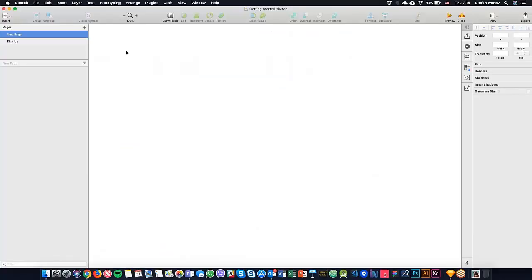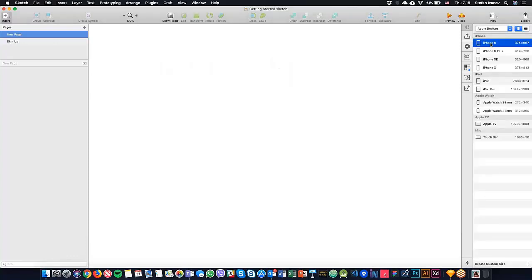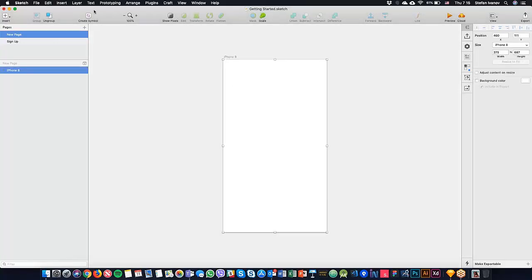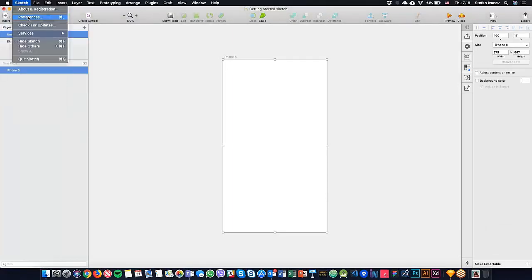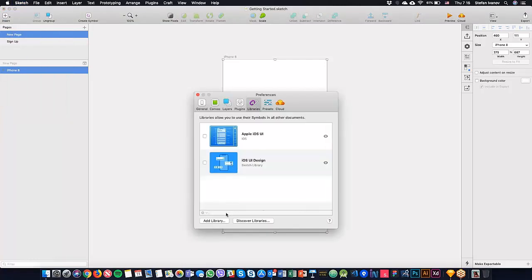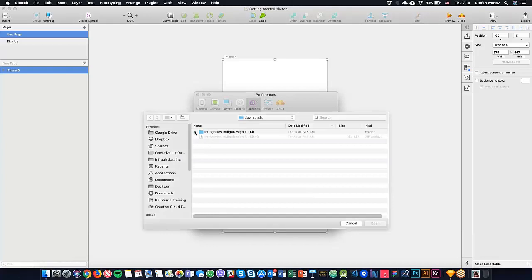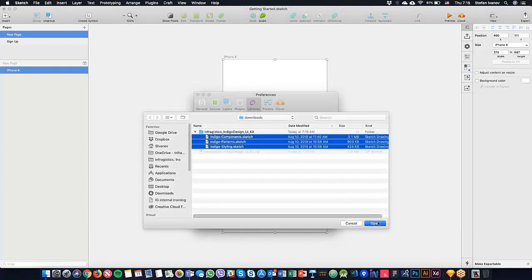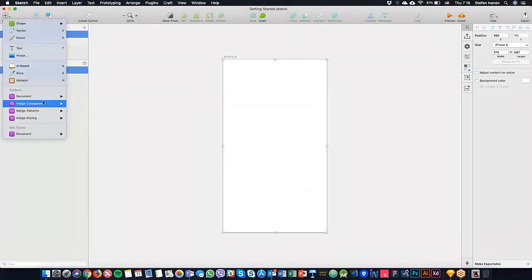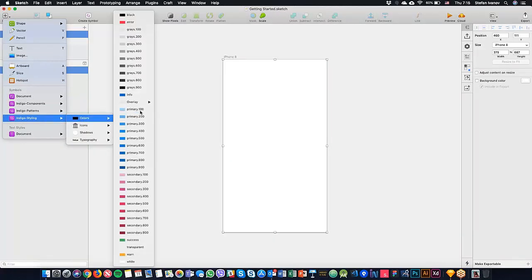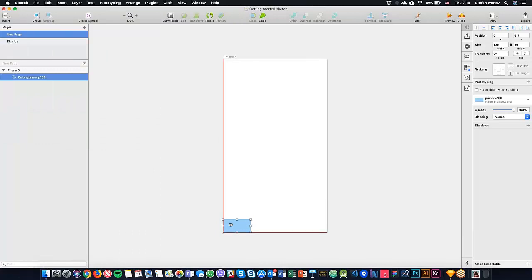So I'll show you how you can do that, and I'll start by creating an empty artboard for a smartphone device, and from the insert menu, or actually before that, if I go to preferences, I'll see that currently I have no added libraries, and the way to add those libraries is to select all 3 of them, open them up, and now my insert menu will contain Indigo components, patterns, and styling. So from styling, I can insert colors, for example, to serve as a background,